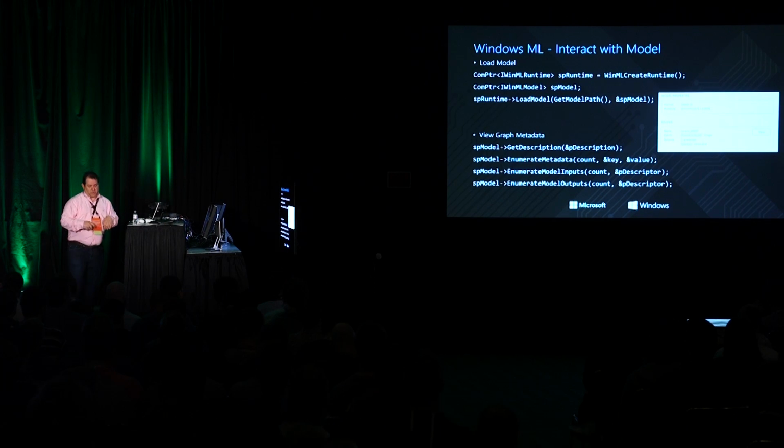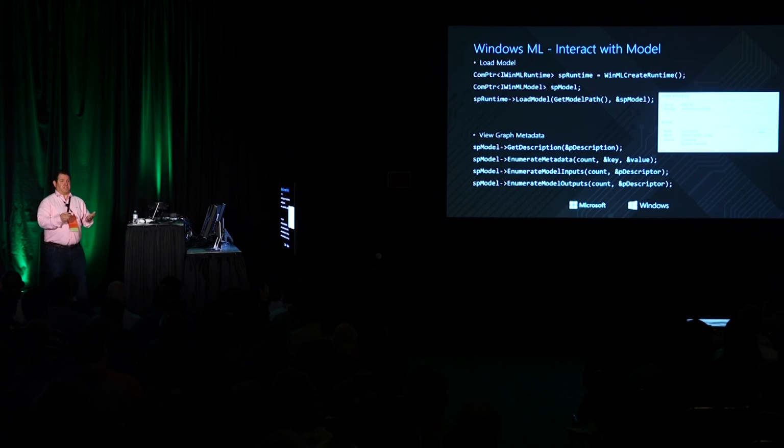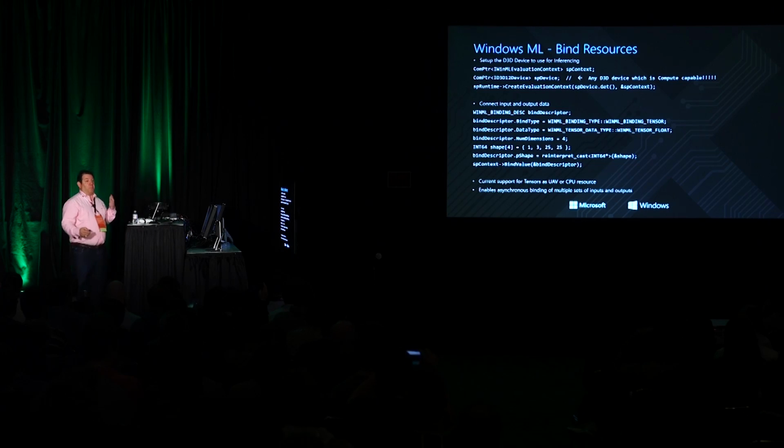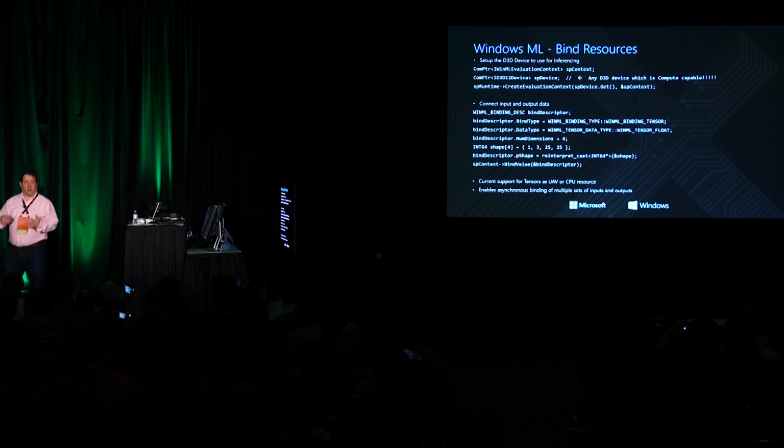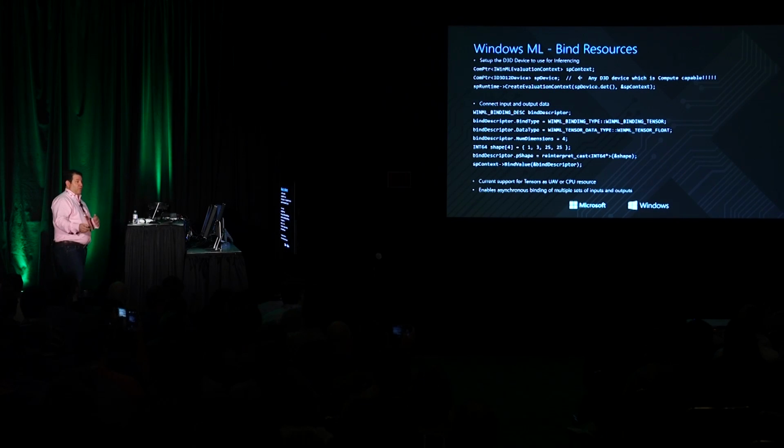In general, the way it works in Windows ML is you'll start up and create a runtime. That runtime is an instance of the inference engine underneath it. Once you've created that, you'll load the model into the runtime. The model will get analyzed by the runtime to see what those inputs and outputs look like and provide you that core metadata. After you've loaded that up, now you're ready to decide what to do with it. The next thing I typically do is bind the resources of my application to that. In Windows ML we support CPU-based resources and D3D-based resources. So you can use things from your gaming pipeline and bind them to the inputs of Windows machine learning.